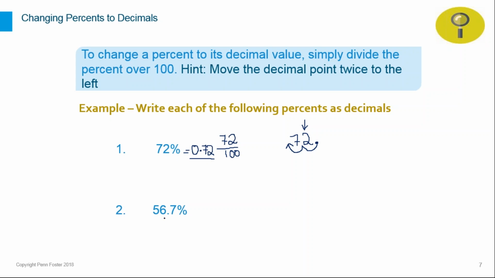Let's do one more problem. 56.7%. What would this be in decimal form? The same thing. I want to get rid of the percent sign, so I'm going to divide. Because notice here the answer is in decimal, no percent signs there. So to get rid of that sign, we always divide. So 56.7 over 100, the same rule. Move the decimal point twice to the left. So we have 56.7. The decimal point was here, 1, 2. So the answer would be